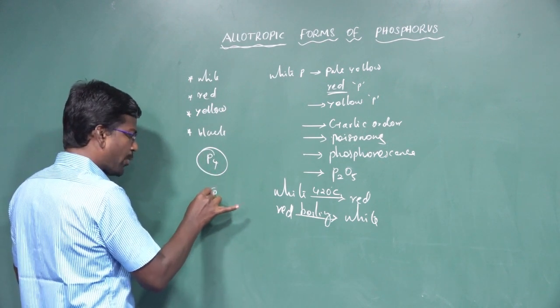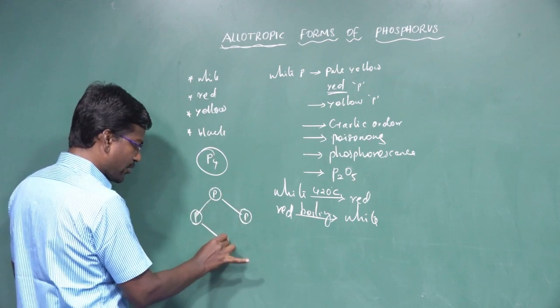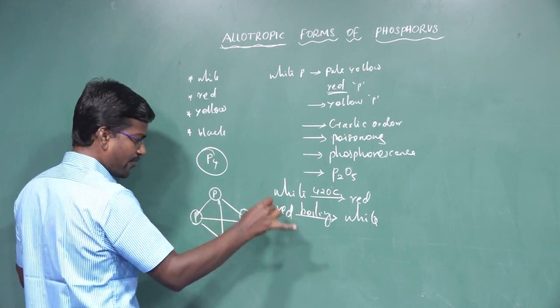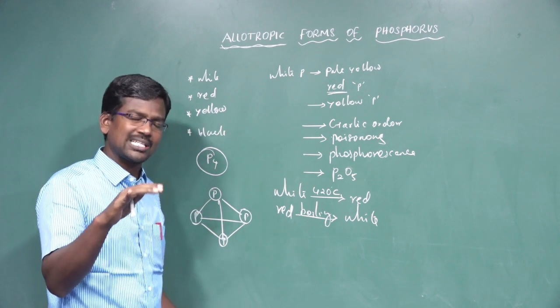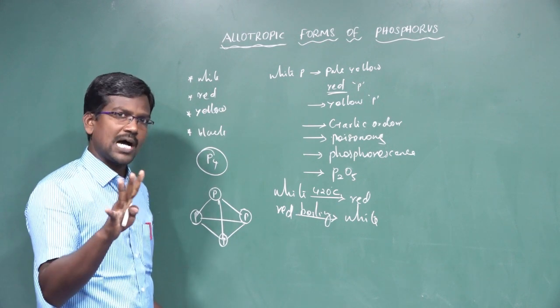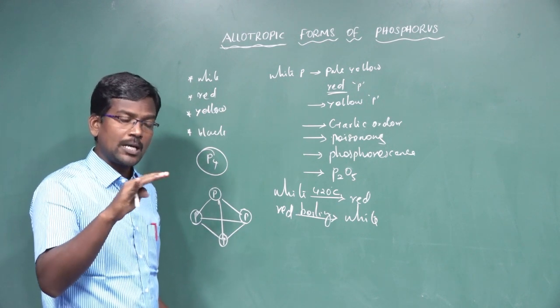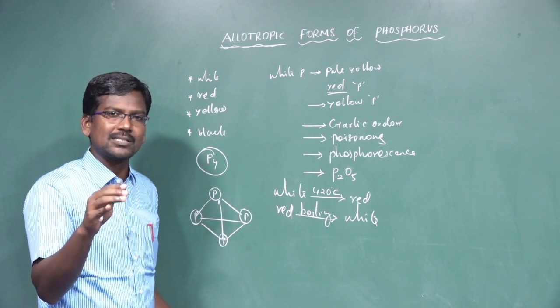Four phosphorus atoms are linked in the form of a layer structure. So phosphorus has a layer structure. It can be used as a semiconductor. Four phosphorus atoms form a polymeric layer structure, in which the four phosphorus atoms are linked